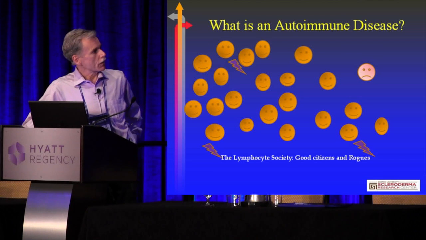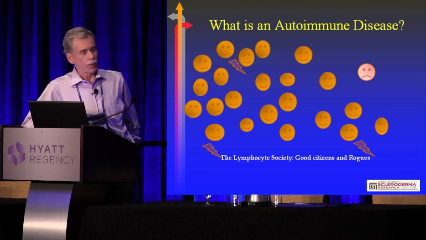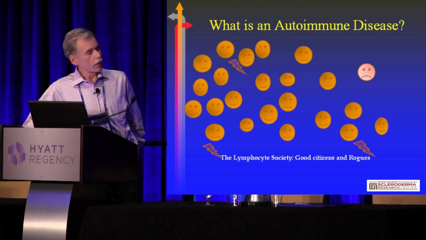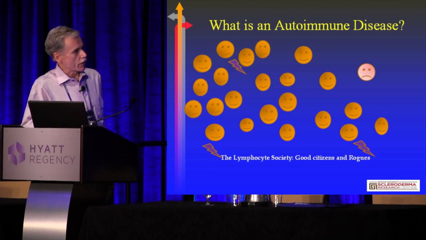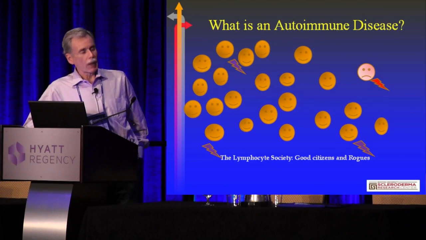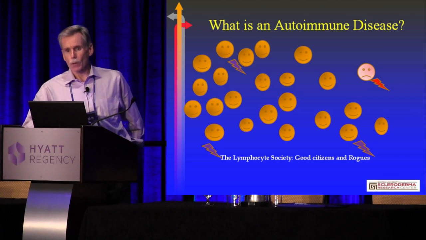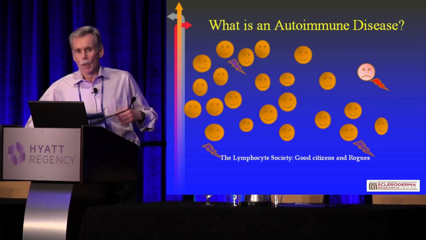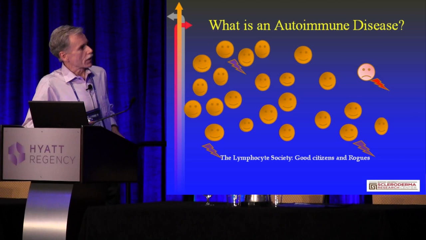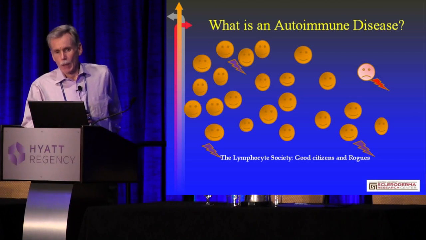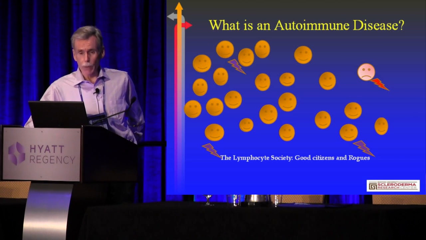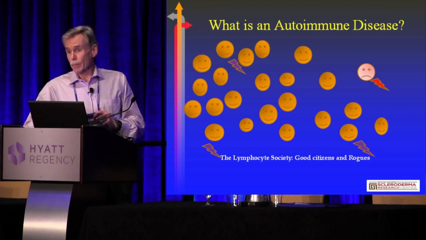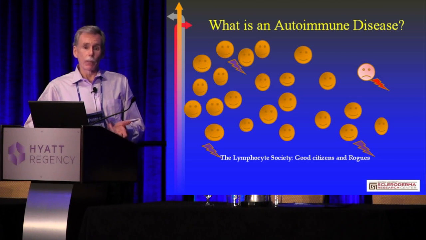But as I said, in our lymphocyte society, there's a rogue element. And the rogue element in the lymphocyte world makes antibodies not to external invaders of our bodies, like viruses and bacteria, but it makes antibodies to self-antigens, so-called autoantibodies. Now, in people who do not have autoimmune disease, for our purposes, normal people also have rogue lymphocytes that make autoantibodies. The difference between having an autoimmune disease and not having an autoimmune disease is basically the number of those